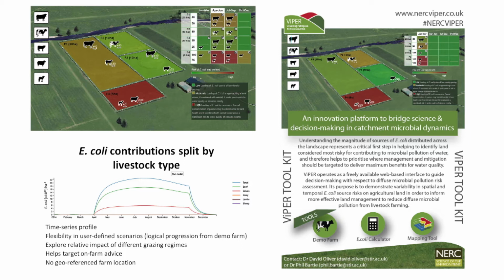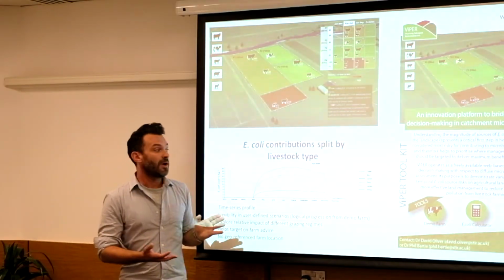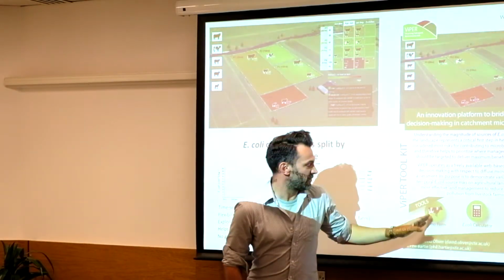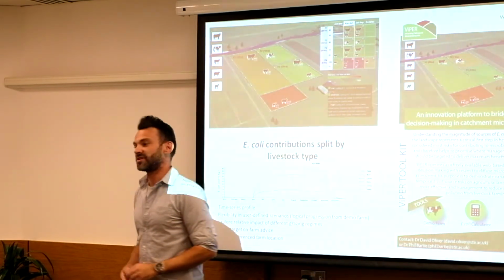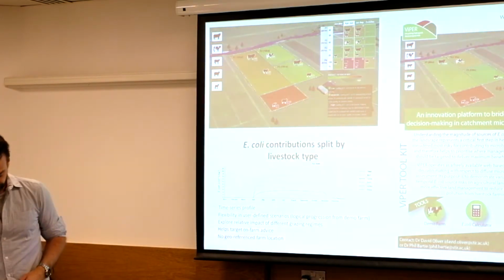And the graph that's shown here is just broken down in terms of total E. coli, then how much might be contributed depending on the livestock that you have grazing that system. And that's all freely available. And then the final tool, so we had the demo farm, the calculator, the final tool was the risk mapping,